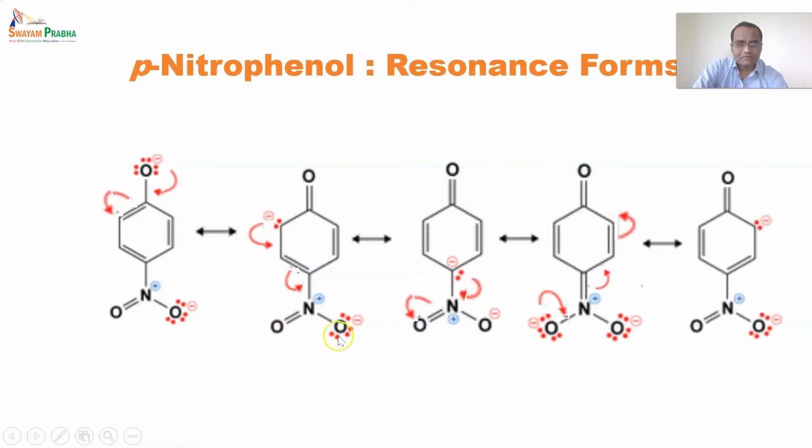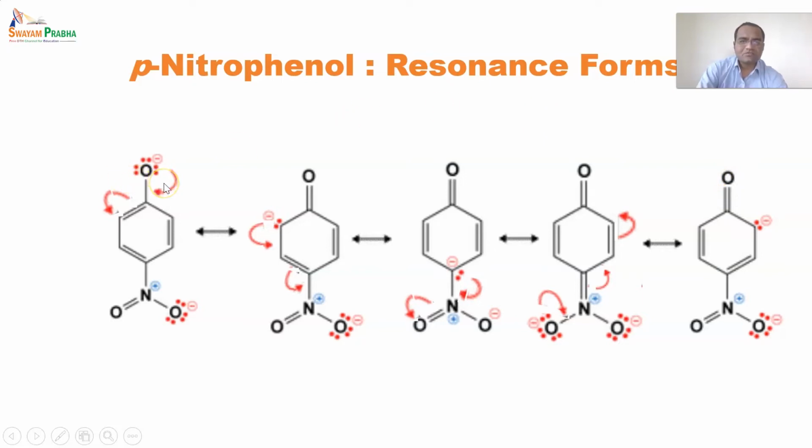And in similar fashion, furthermore, the pi bond between these two carbons will break and shift the electrons towards this ortho carbon, and it will form an electron rich center over here. And in the next step, it will again form the resonating structure shown in the first step. The bond electrons over here will be shifted between this carbon and form a pi bond over here, and this bond between carbon and oxygen will break, and again the phenoxide ion will be formed.